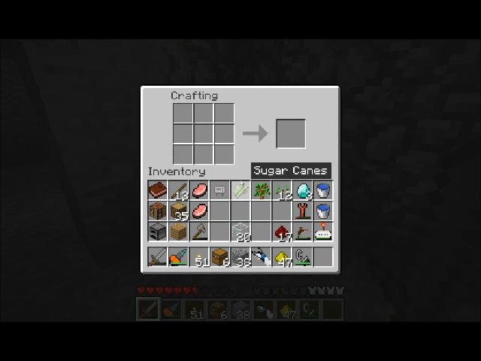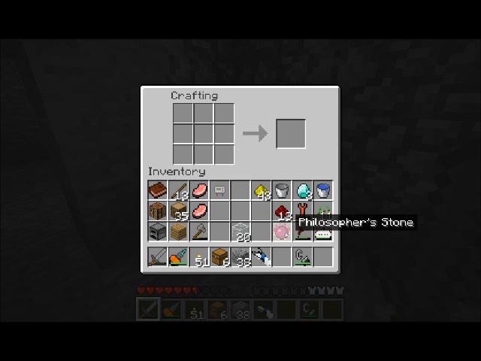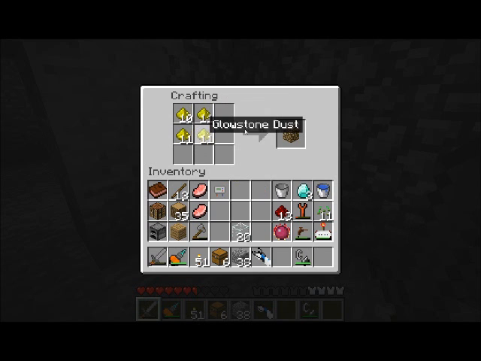Okay, I think I have everything I need here. So the first item I want to make is a slime ball. Very nice. Thank you, Equivalent Exchange, for not making me hunt down slimes. And with the slime ball, we can now make the Philosopher's Stone. Very cool item. Lots of fun. I'll go into the features of that in a moment here, but another thing I want to build real fast